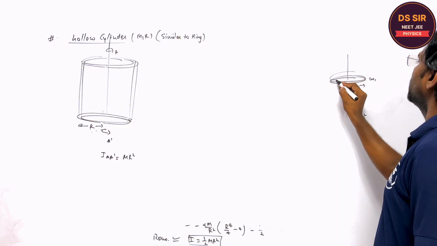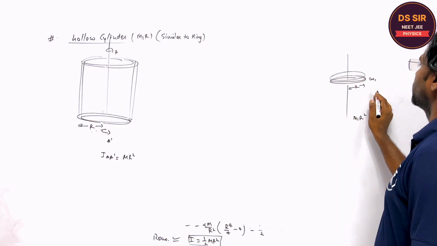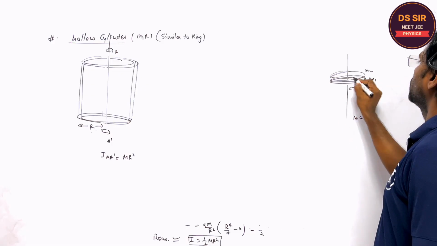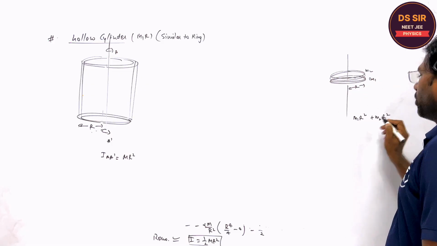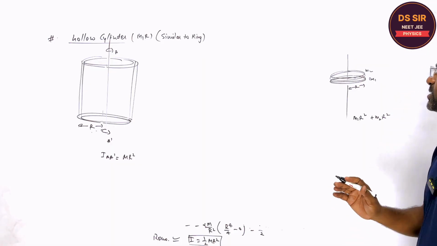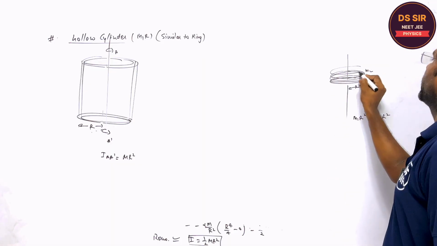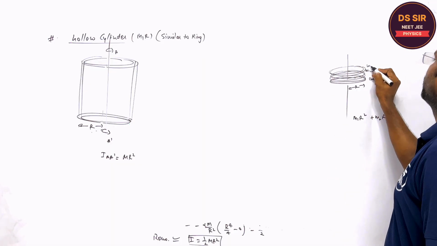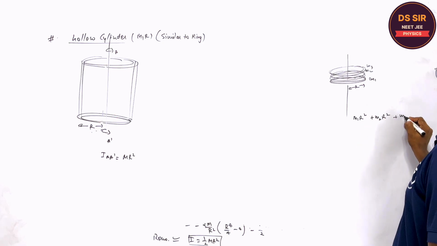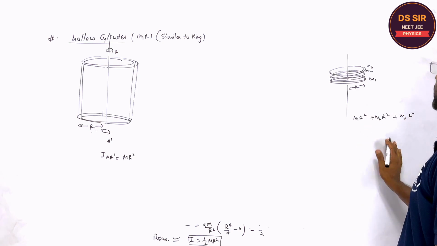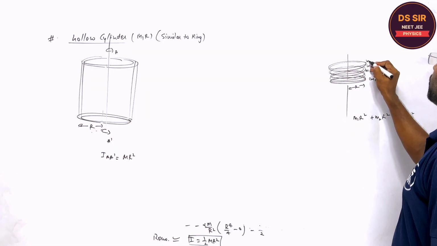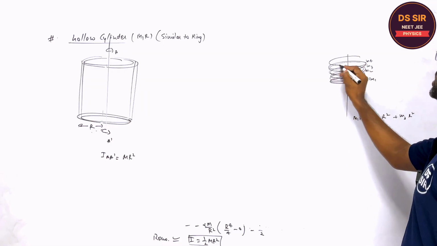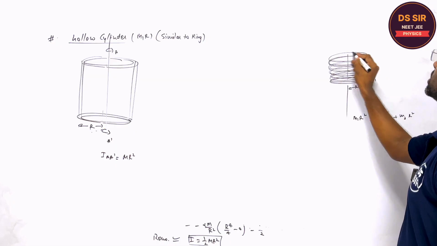If you put another ring over it of mass m2 of the same radius, the moment of inertia is a scalar quantity, so it is just added. If you put another ring of mass m3 of the same radius, and another ring of mass m4, like this,